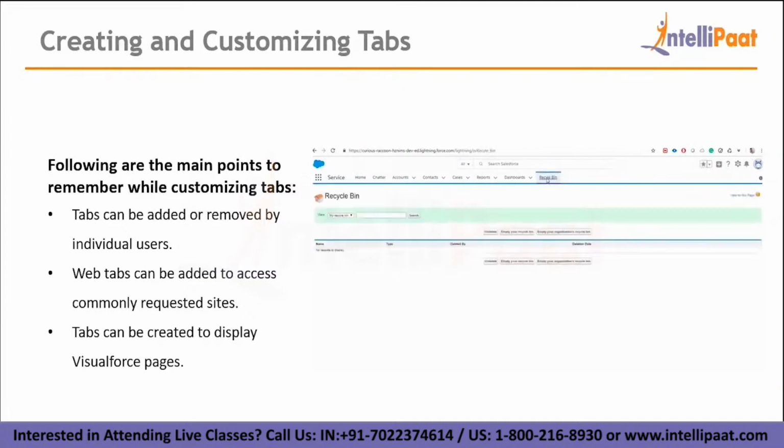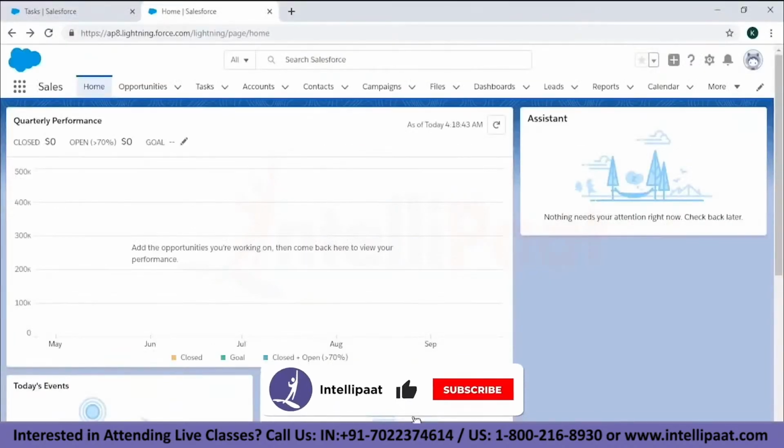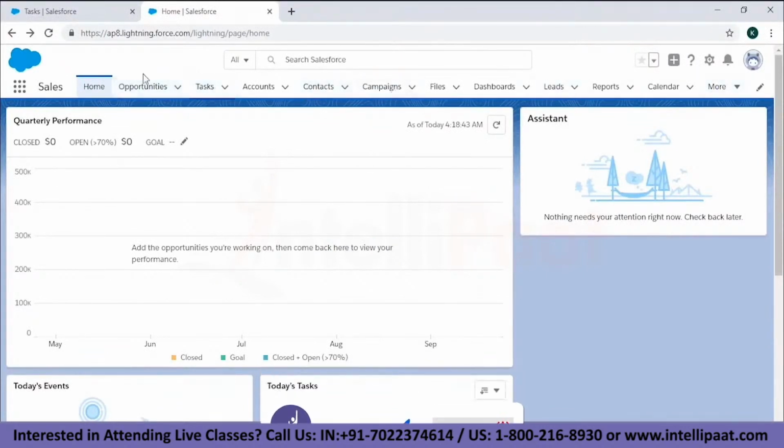So let's just go ahead and create tabs in Salesforce. This is the home page for Sales Cloud. There are these tabs I have over here. Tabs are basically just for quick access and for accessibility for the administrator or the user. Being in a sales team, if you want to access something very quickly, you can directly have that particular item, an object, or any query, leads, accounts. You can put them into a tab, and it would be directly accessible for you.